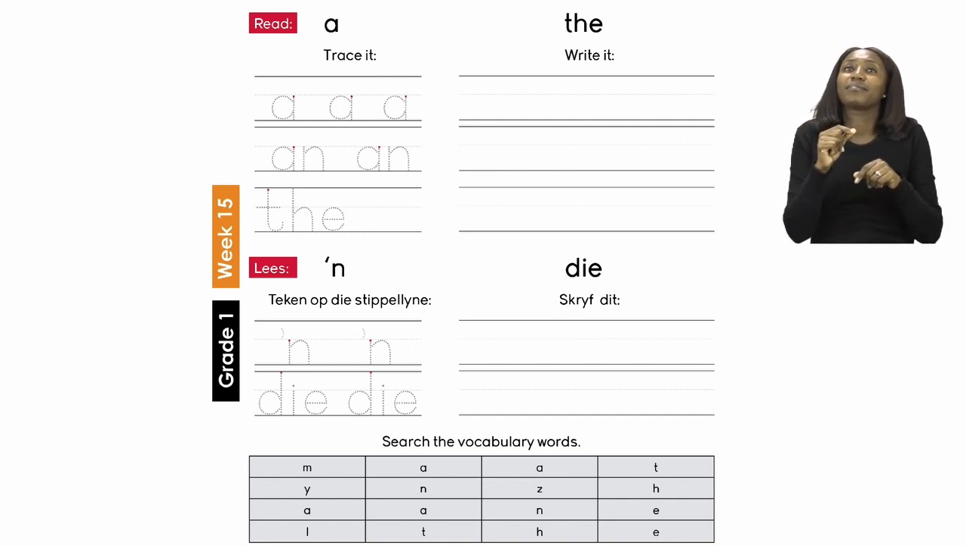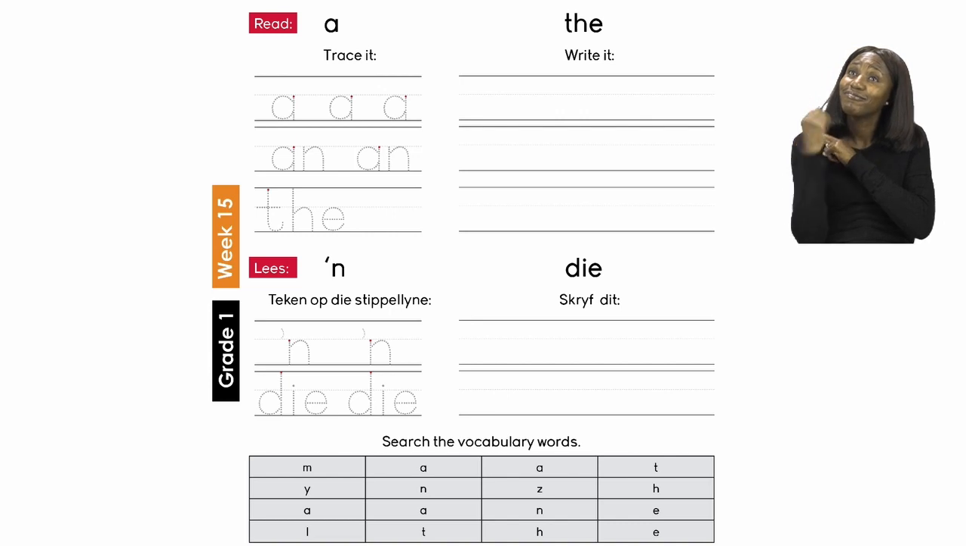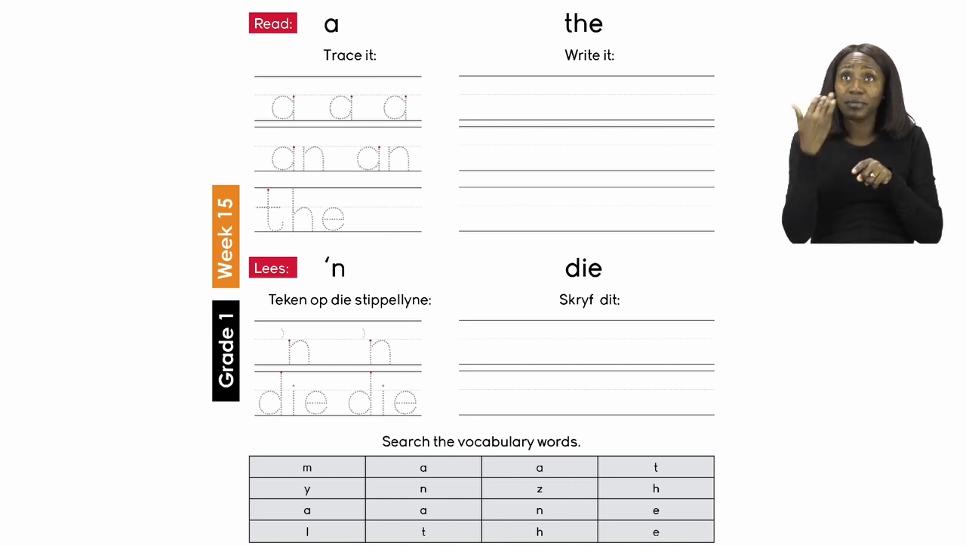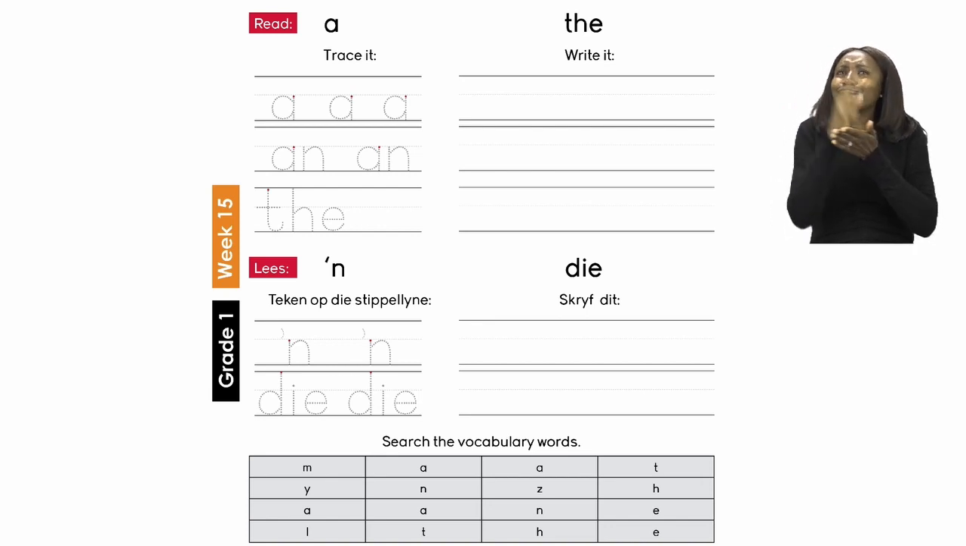The first one is a. The next one is an. And the last one we have is the. Good job, everyone. It is going to be our job to first read the words like what we just did, and then you're going to trace the words. After that, you're going to write the words and be careful to write them correctly. So take your time with this one, and when you are done with the reading, tracing, and writing, it's time